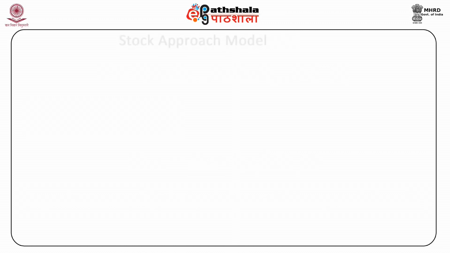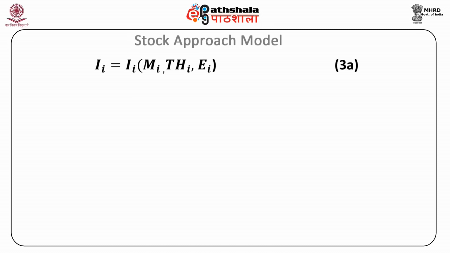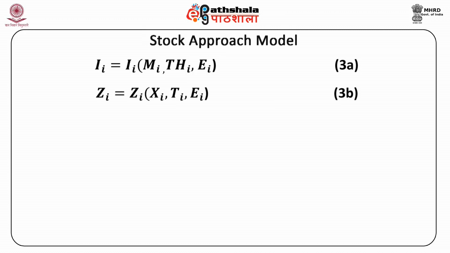The consumer has gross investment in health and commodities in the utility function as per the individual production function: Ii = Ii(Mi, THi, Ei), Equation 3a; Zi = Zi(Xi, Ti, Ei), Equation 3b,